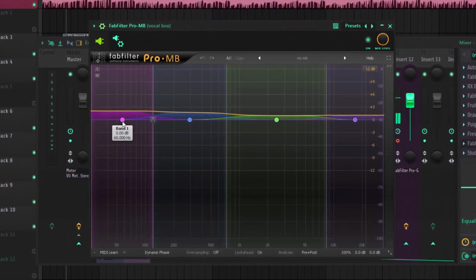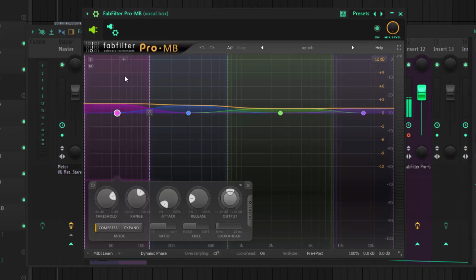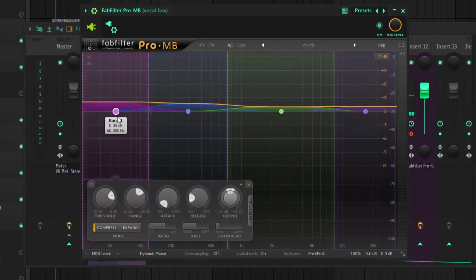This is my setting for the low end, so I set my band to about 4 range. This is my threshold, set to about minus 15.65 dB, and my range was about plus 2 dB, my attack was 1, and my release was 20%. So that was what I did at that range.